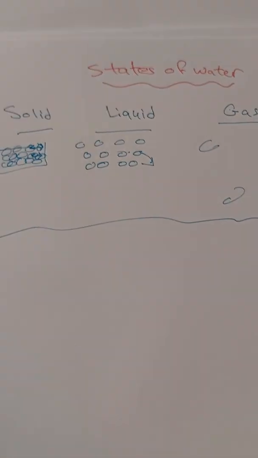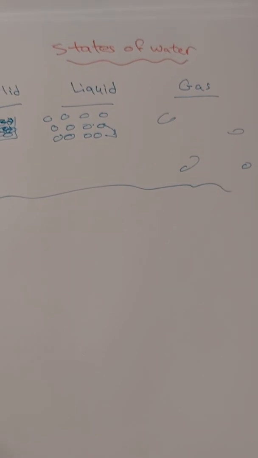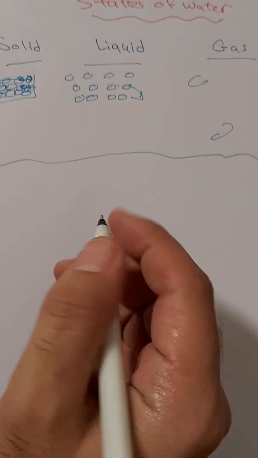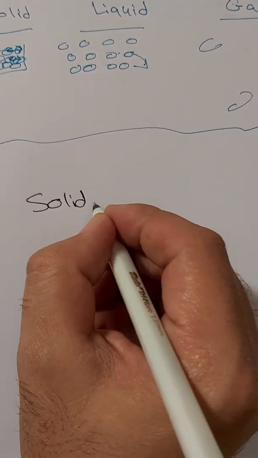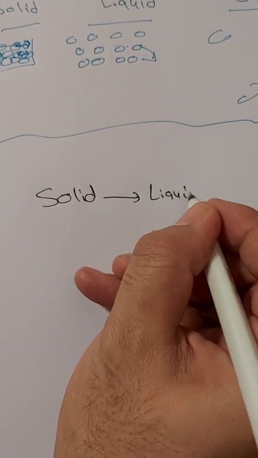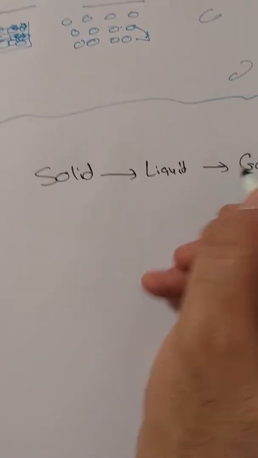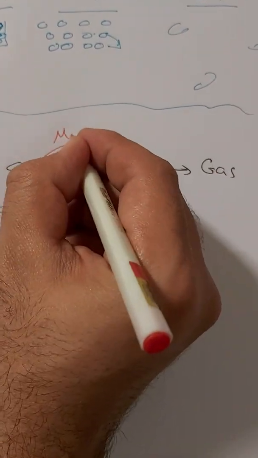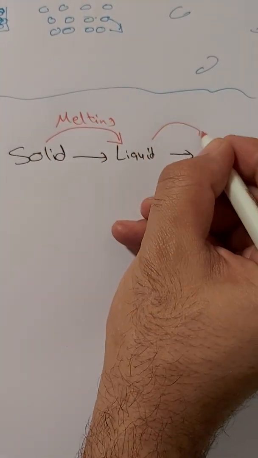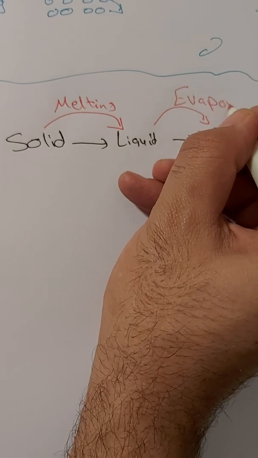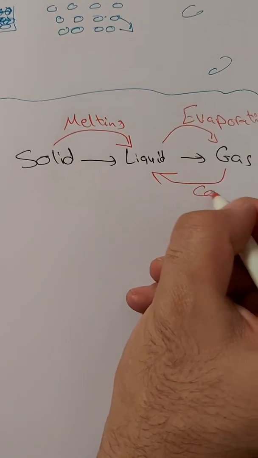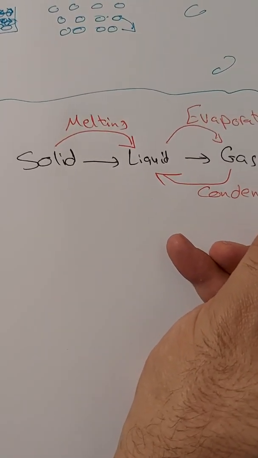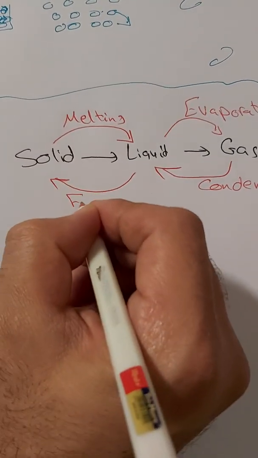Okay, then we continued with the change of state, and we said the change of state means when the state of matter changes from one to another. From solid into liquid, what do we call it? Solid to liquid, melting. Then liquid into gas, we call it what? Evaporation. And the second direction, gas into liquid, condensation. Then from liquid into solid, we call it freezing,